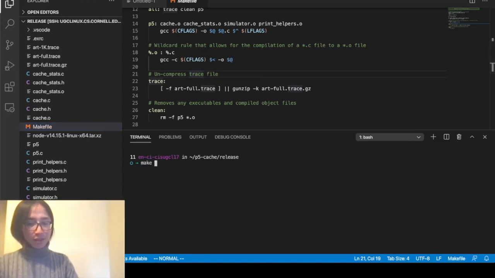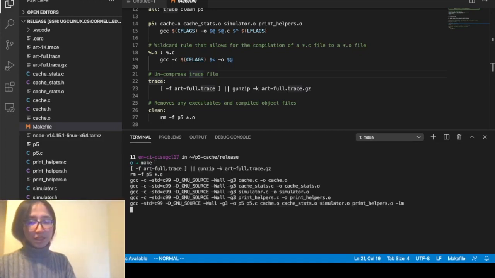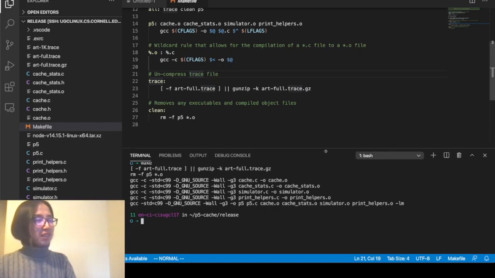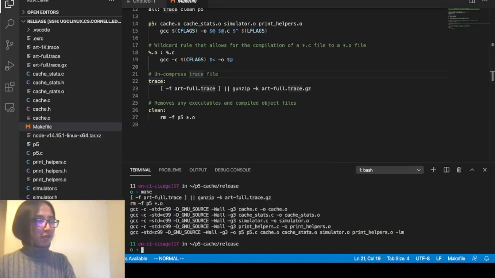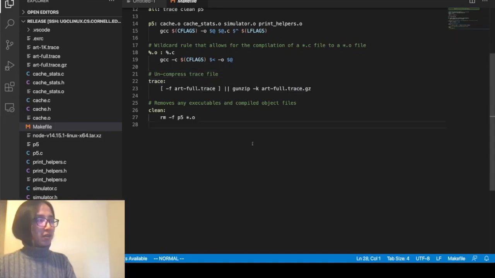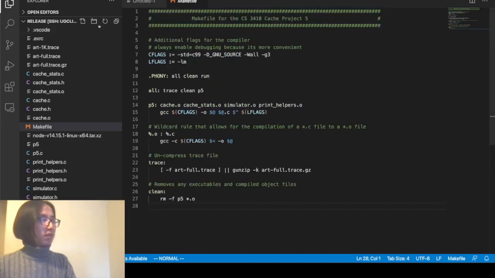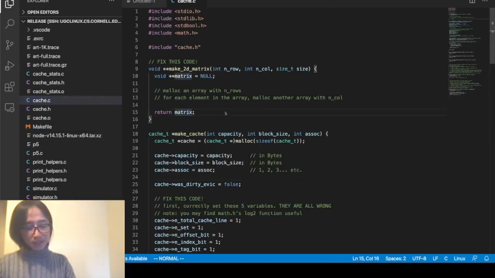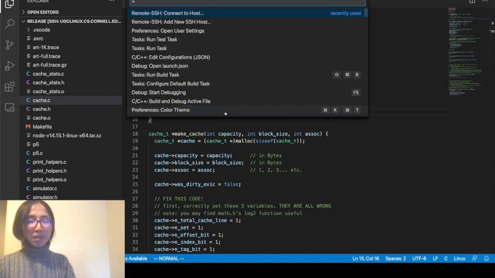So in the terminal, to build a project, we can just do make, and it's going to build the project for us. We can make this easier without going to the terminal by telling VS Code how we are building our project. So go back to the .c file, go to the command palette by Command-Shift-P or Control-Shift-P, and